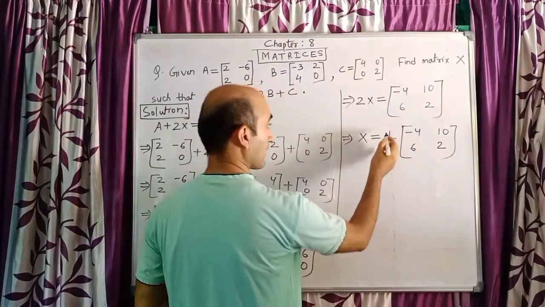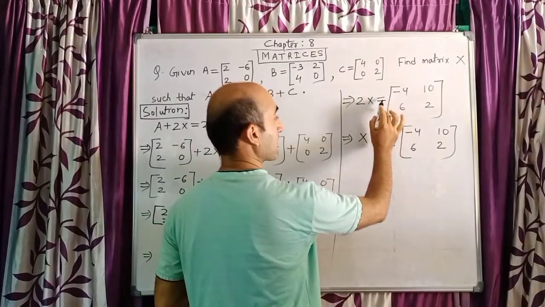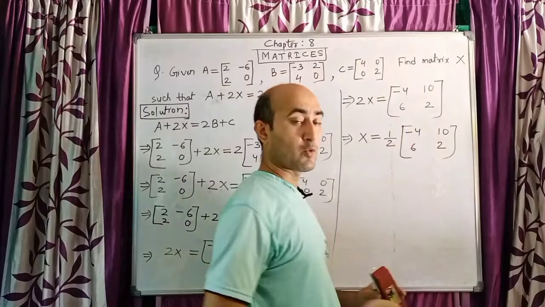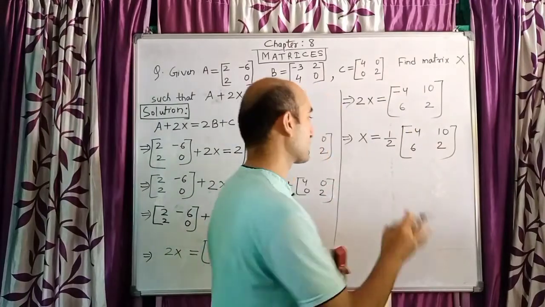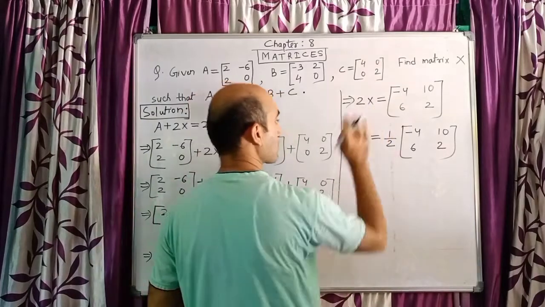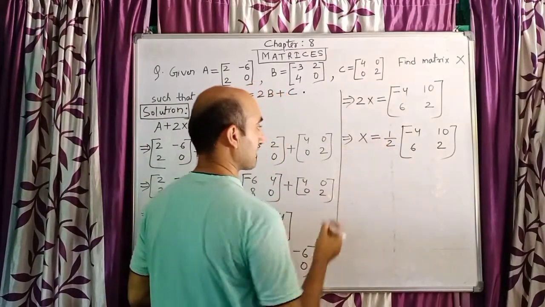So here I wrote 1 by 2. And now how did this 1 come? Outside the matrix, if there is no symbol, it is a plus symbol, and if there is no number, we have to understand there is 1. So this 1 came that way. Nothing means there is 1. And this 2 came and divided here, because multiplication becomes division.